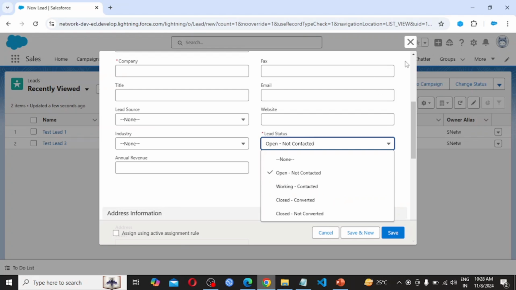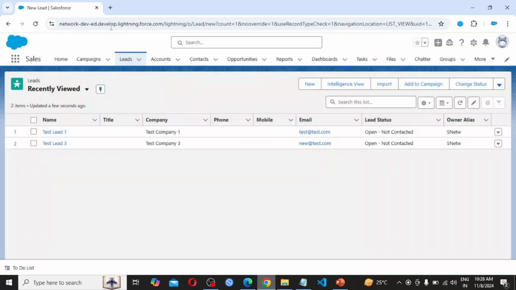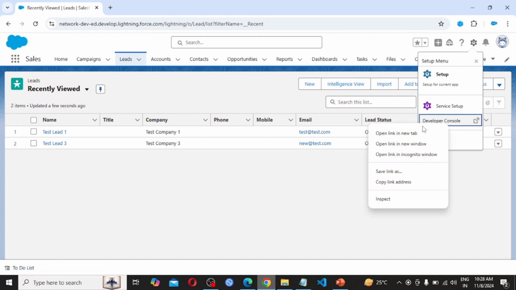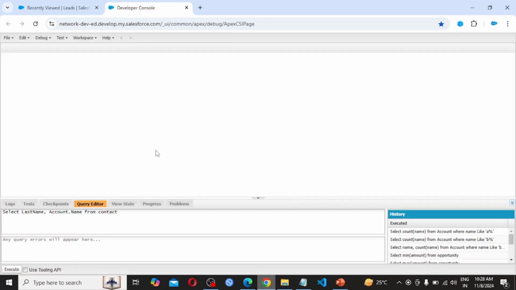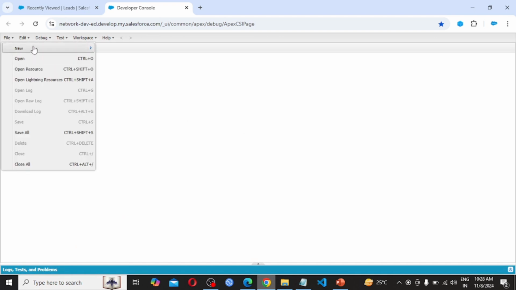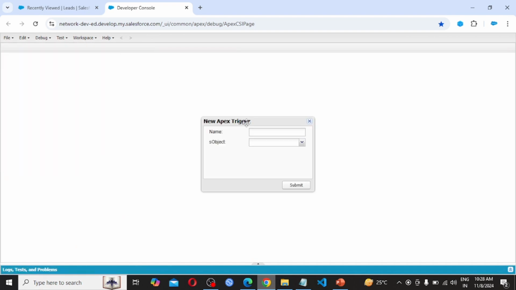So let's write the trigger. Click Setup, Developer Console, right click, open link in new tab. This is the Developer Console. To write the trigger, we need to click on File, New, Apex Trigger. Here we have to provide the name for the trigger. In our case we are taking the name PreventLeadDeletion.